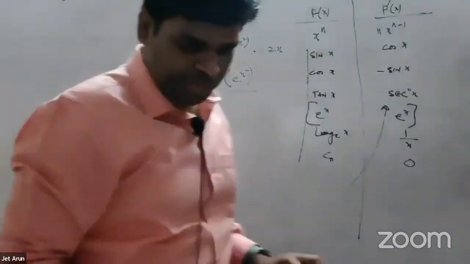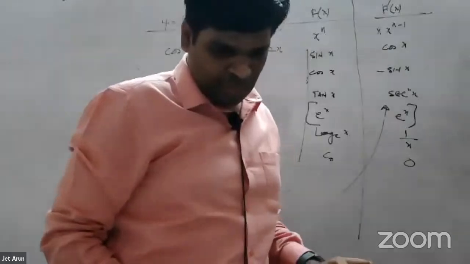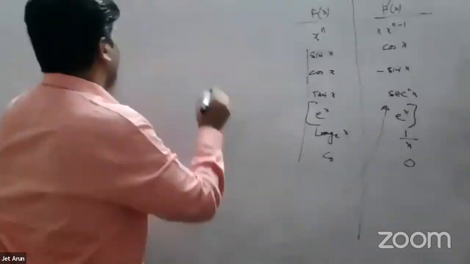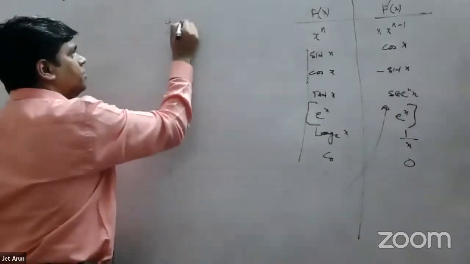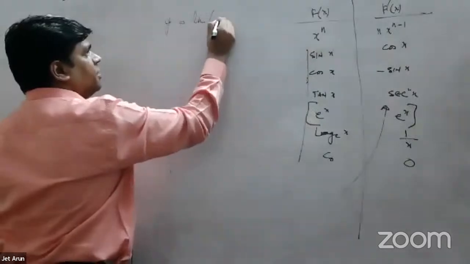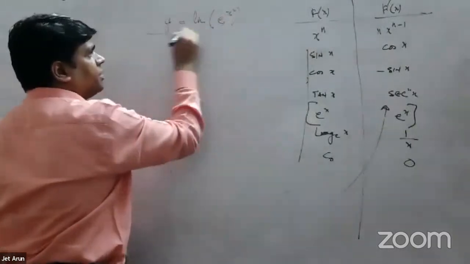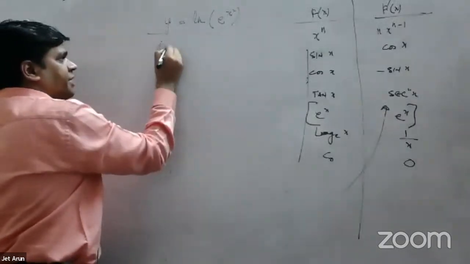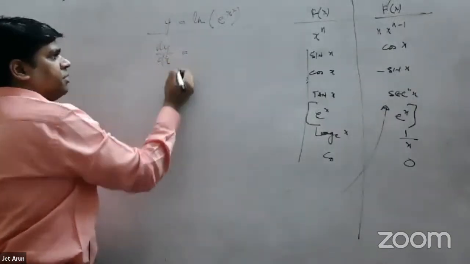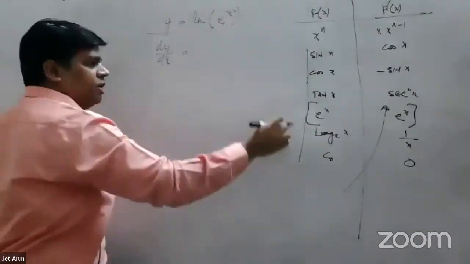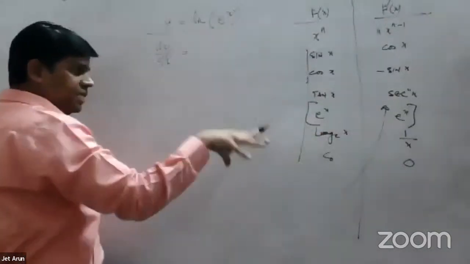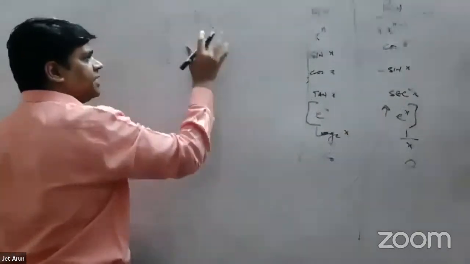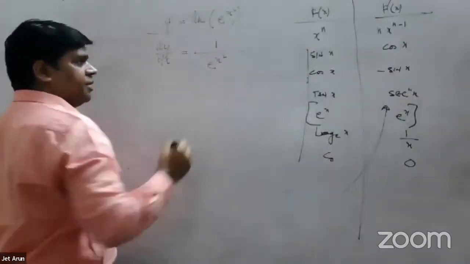All right, I'll give you one more. Y is equal to ln e power x square. So dy dx would be, what is the derivative of natural log? 1 by x. 1 by that function, 1 by inner function. So I write 1 by everything as it is, e power x square